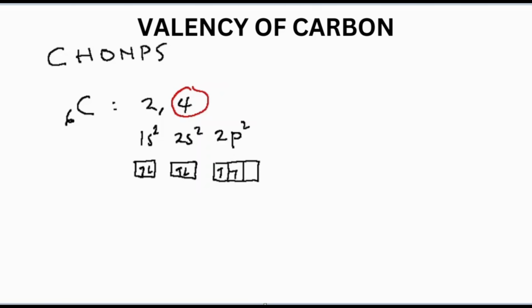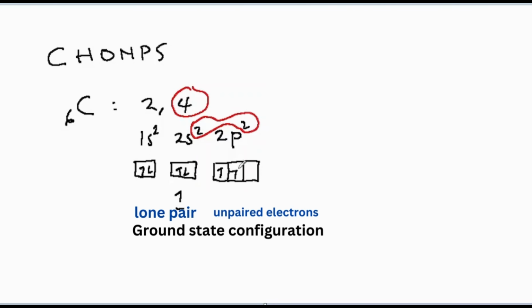So we are going to focus on the valence electrons. We have 4 valence electrons. Out of these 4 valence electrons, the carbon atom has 1 lone pair and 2 unpaired electrons. So we can say this is the ground state configuration of carbon. And considering its Lewis dot structure, we have a lone pair here,